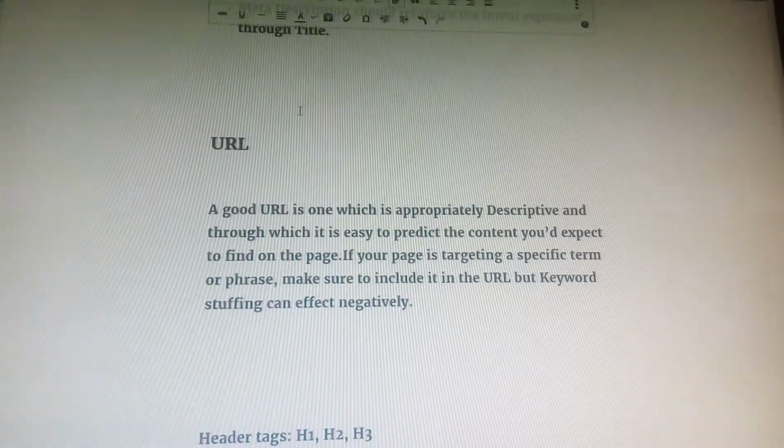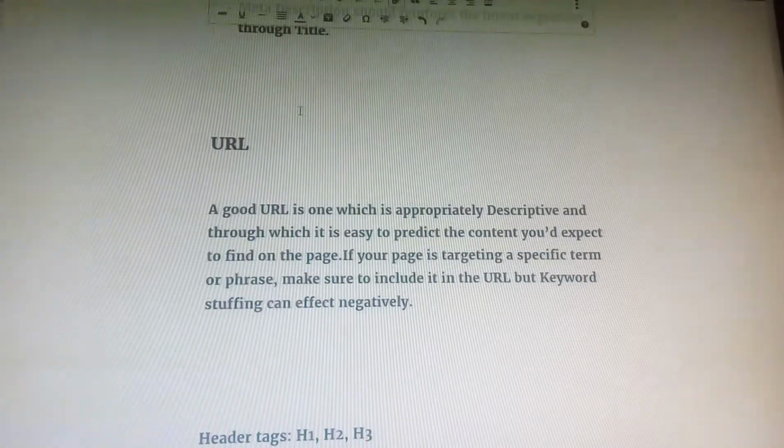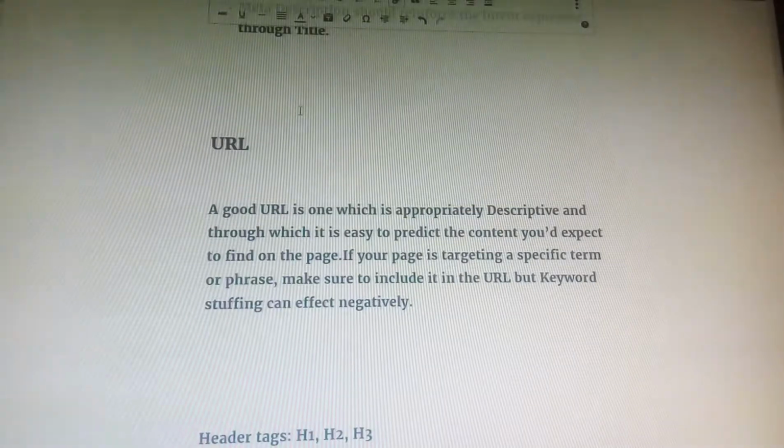URLs are also used in ranking documents, and those pages whose name includes the queried search term receive some benefit from proper descriptive use of keywords. So a good URL is one which is descriptive and from which it is easily predictable the content which we could expect to find on the page. URLs also make an appearance in the web browser address bar, and while this generally has little impact on search engines, poor URL structure and design can result in a negative user experience.